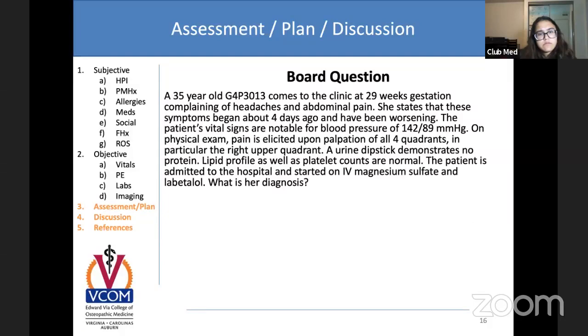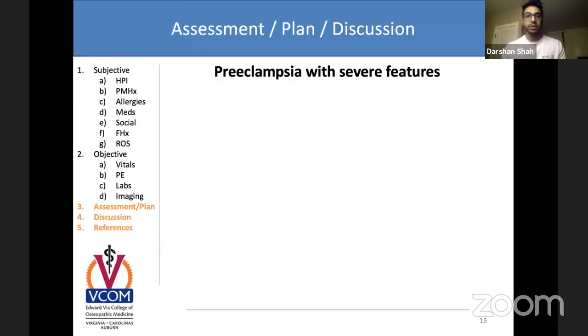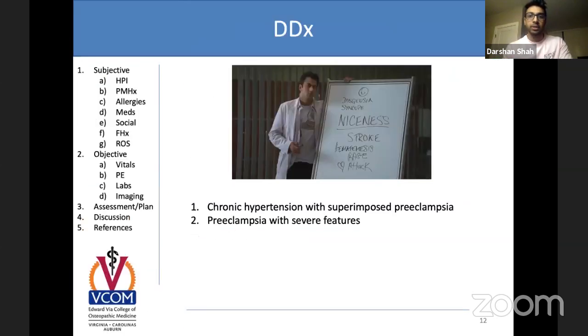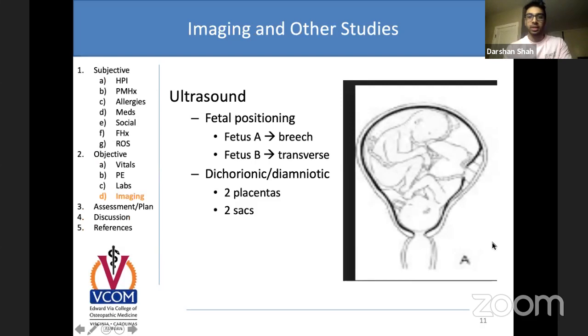So before I go to this board question, I did just want to talk about, let me go back to one of the slides here, about why we care or what you'll actually see in this. So the reason we're doing a C-section, because we could easily do a spontaneous vaginal delivery with this, is that an OB-GYN's not going to work 40 hours straight or 30 hours straight, right? Imagine if a woman's in labor for about 24 hours.